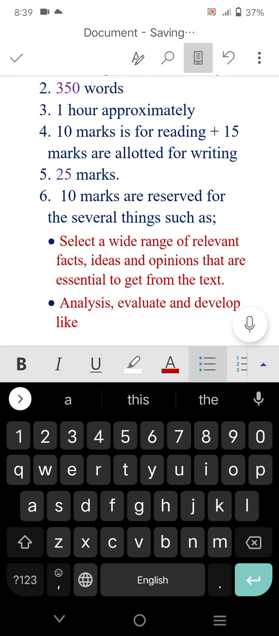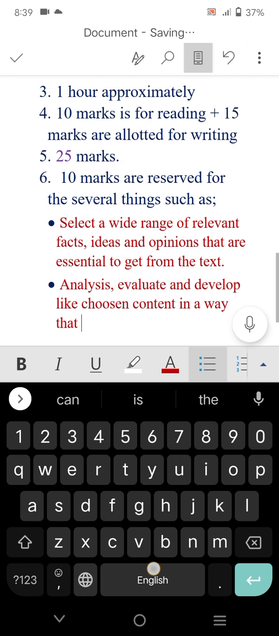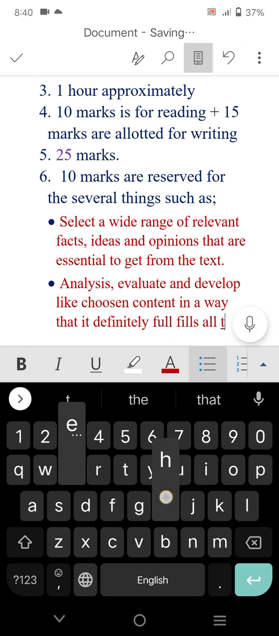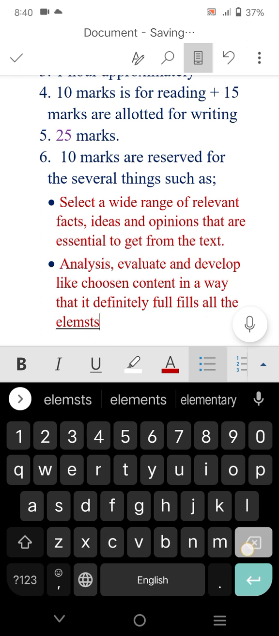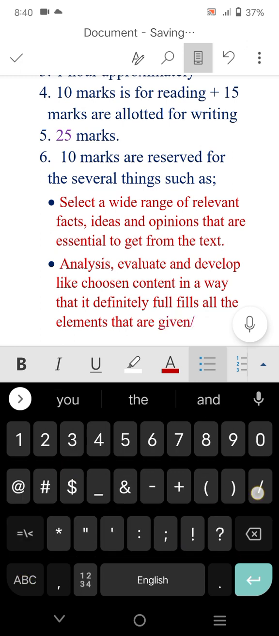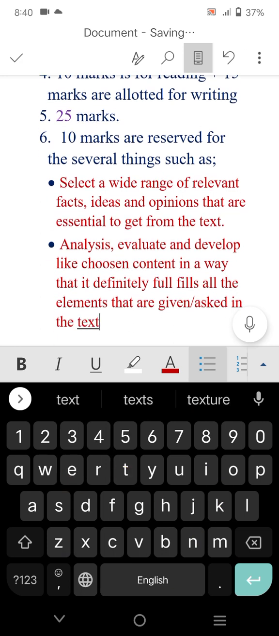Develop the chosen content in a way that it definitely fulfills all the elements that are given or asked in the text,